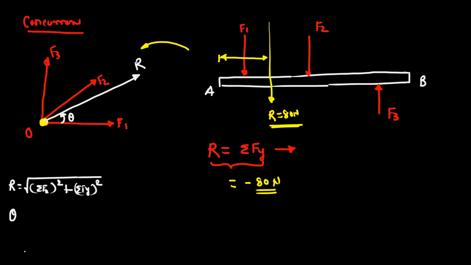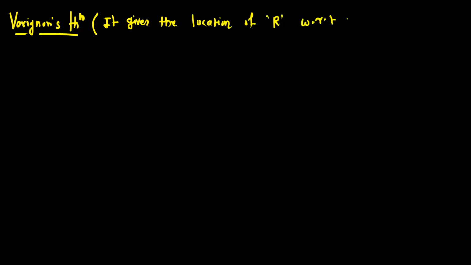So for that, there is one theorem called Varignon's theorem. Varignon's theorem is used to give the location of the resultant with respect to a given point in the system. The statement of Varignon's theorem is